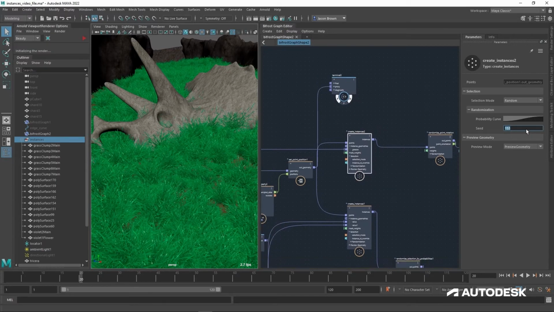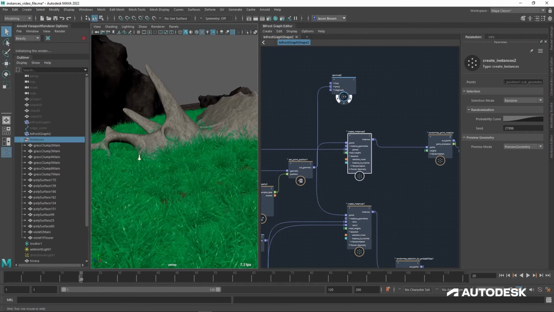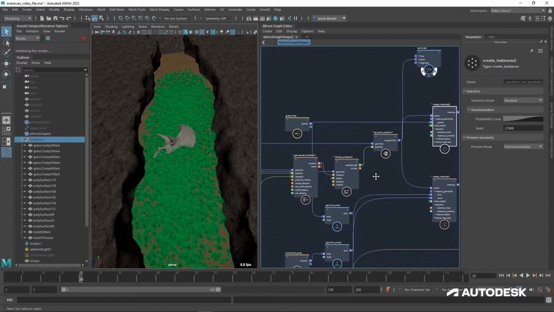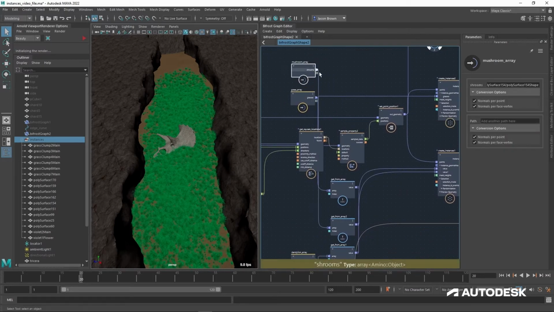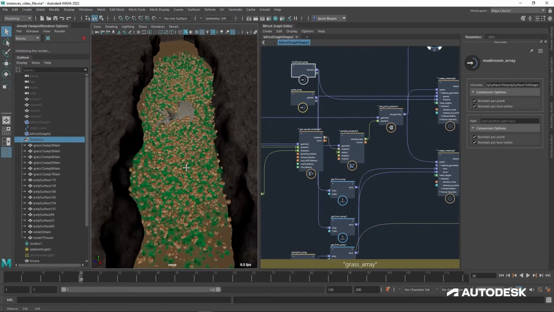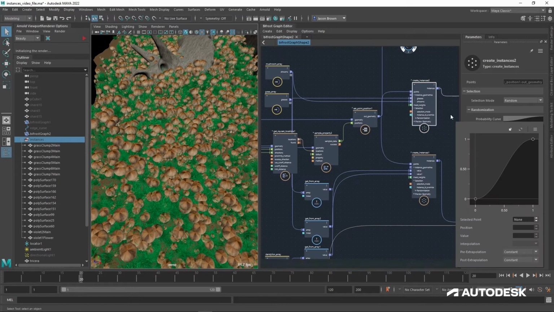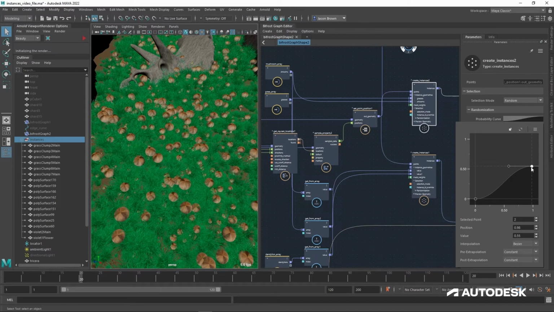You can also change the random seed and get a different look again. So yeah, that's the basics. And I don't have to just scatter the grass array. I can also chuck in the mushroom array like this, and then you can see I've got a whole bunch of mushrooms. Now maybe I've got too many mushrooms there, so if I was to pull this down, quite as many mushrooms like so, which is quite fiddly